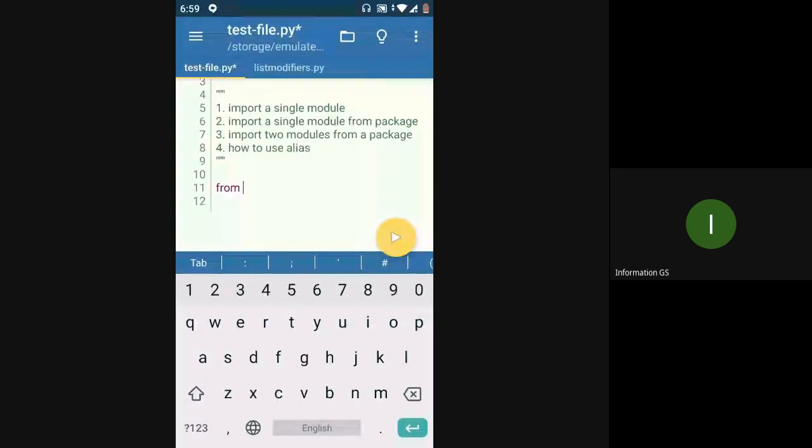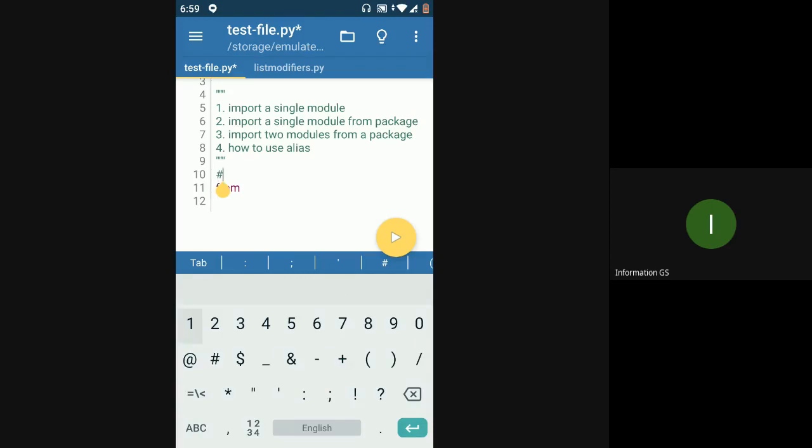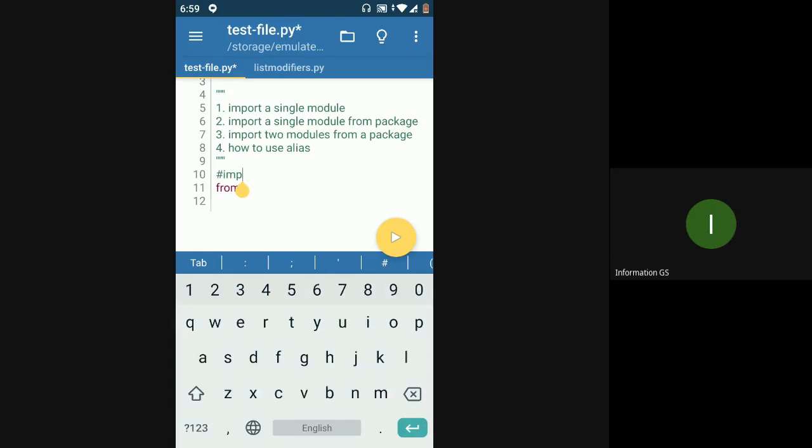Just look at the syntax. I'm going to import one specific function from a module in a package.